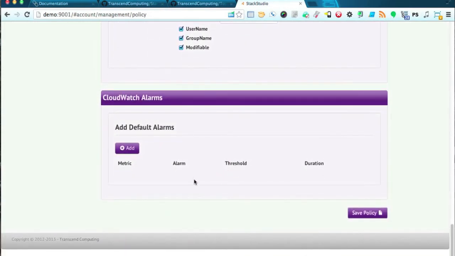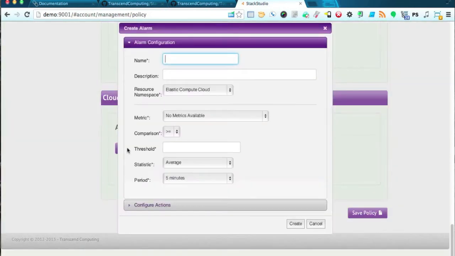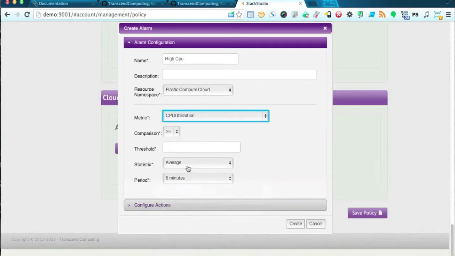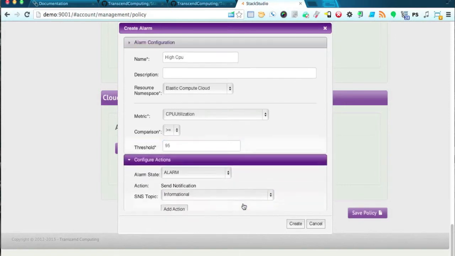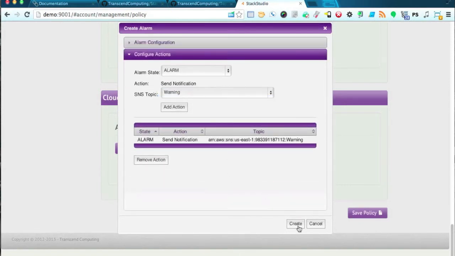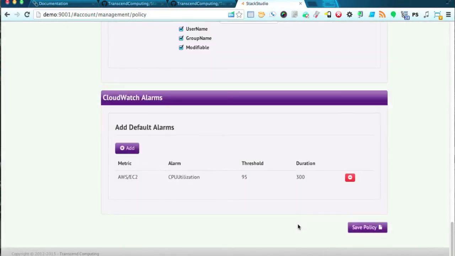And finally, we can create prototype alarms that will become alarms associated to every instance that's created under this policy. We'll say CPU utilization greater than 95%. We want that to be a warning. Now, this alarm will be attached to all EC2 instances launched under this policy. I can save this policy,